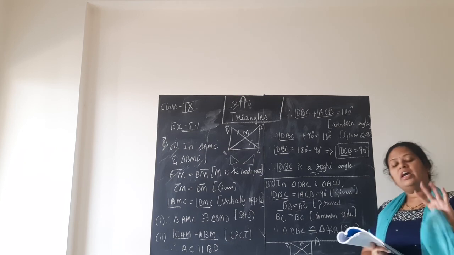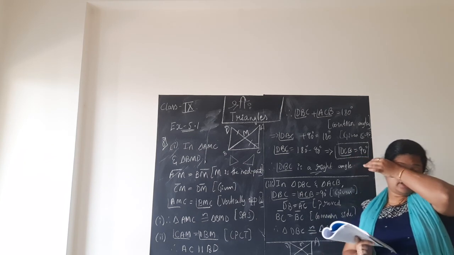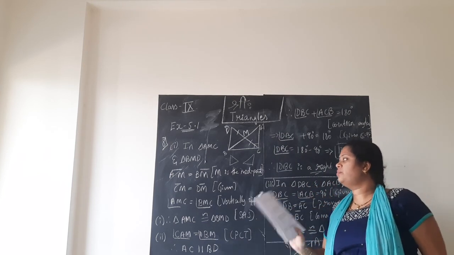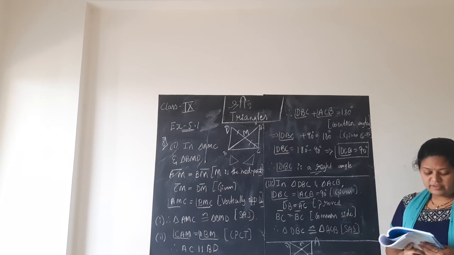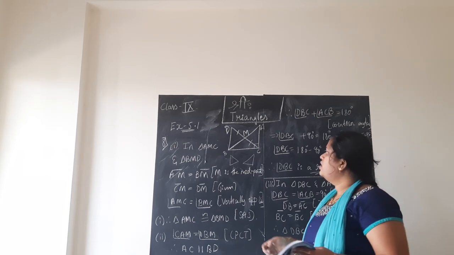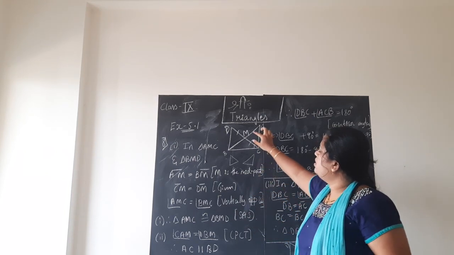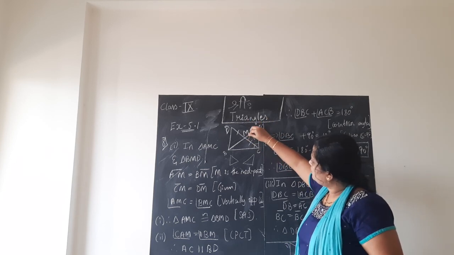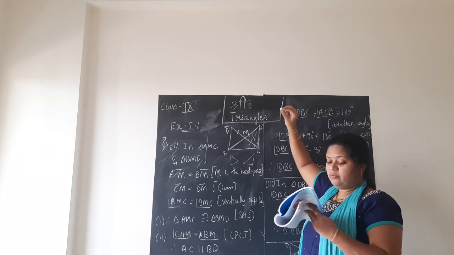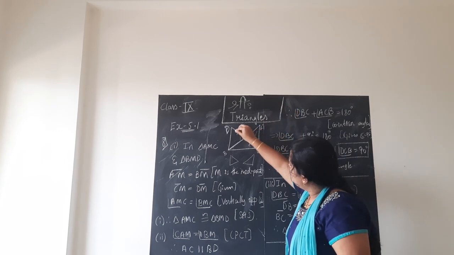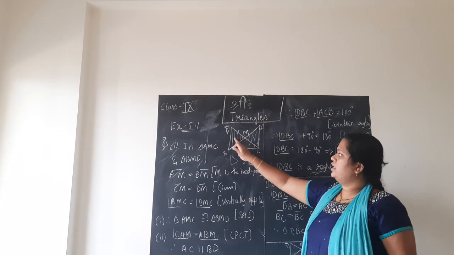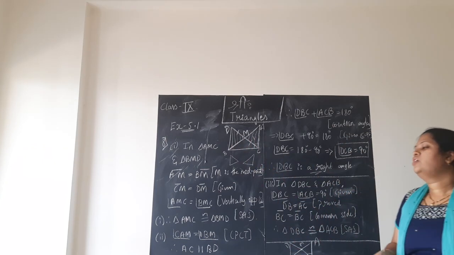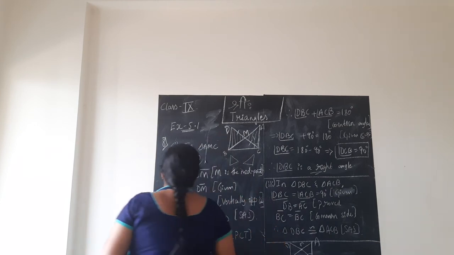Show that. We have totally 4 sub-questions, children. 1, 2, 3 I have written, the 4th one has no place. Later I will erase this first part and explain the 4th one. First one, they have asked us to prove triangle AMC, this triangle, is congruent to triangle BMD. Hope you see these two triangles are congruent and we should prove it in case 1. So how to do it is the question.